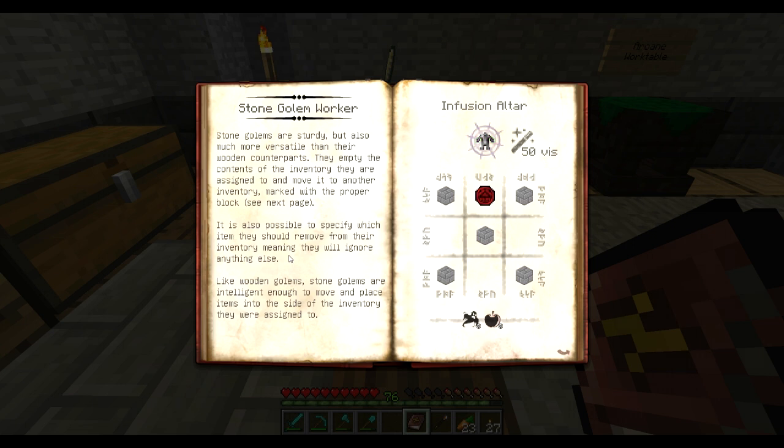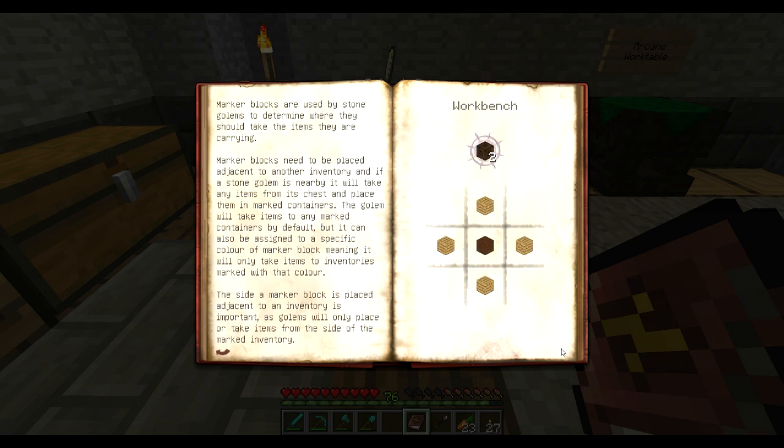It is also possible to specify which item they should remove from their inventory, meaning they will ignore anything else. Okay, so that's cool. What else can we make here? Okay, so another thing, once we make the golems, you guys will see, you need markers. When you make a marker, it kind of...